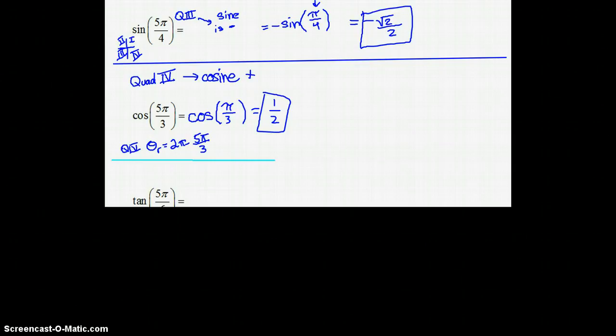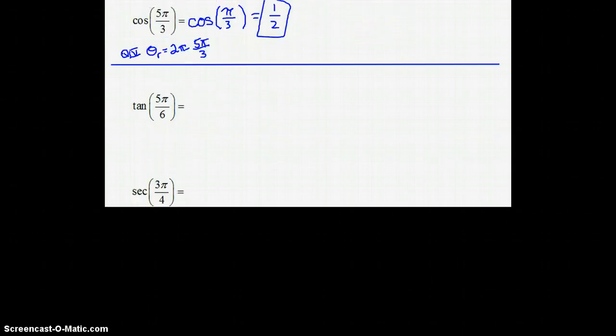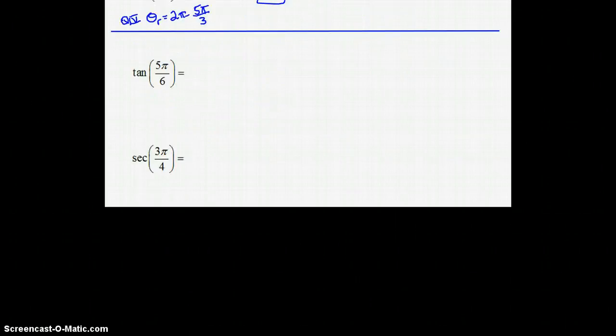Okay, got a few more here. Hopefully you should be starting to get the idea. Tangent 5 pi over 6. Alright. Tangent 5 pi over 6. So